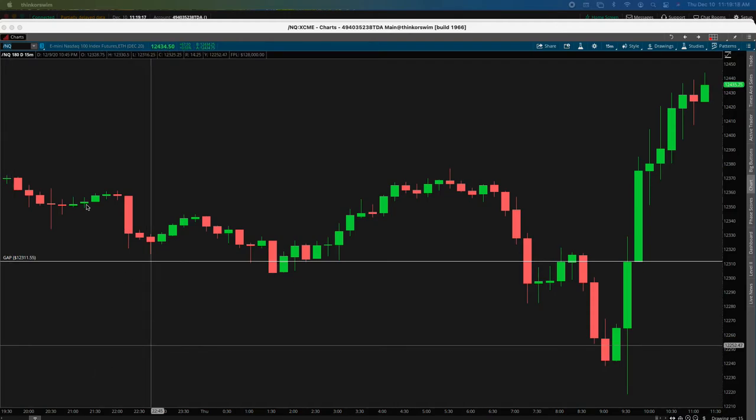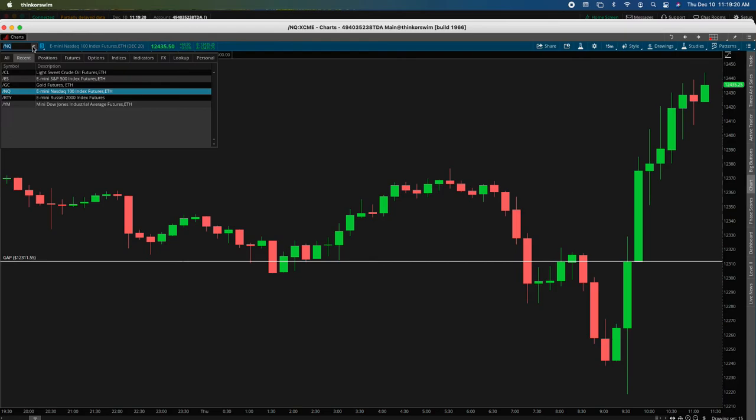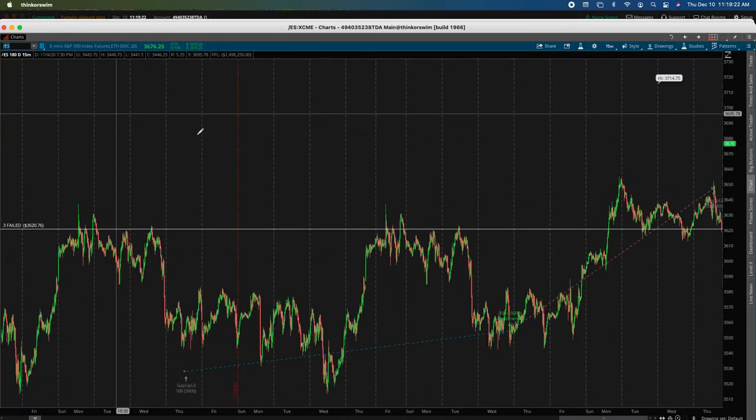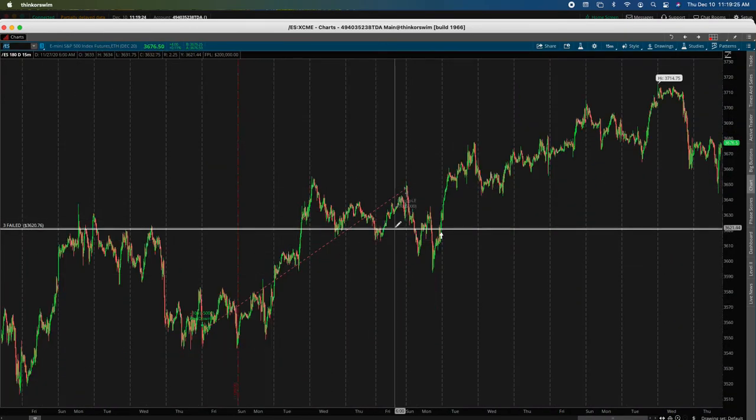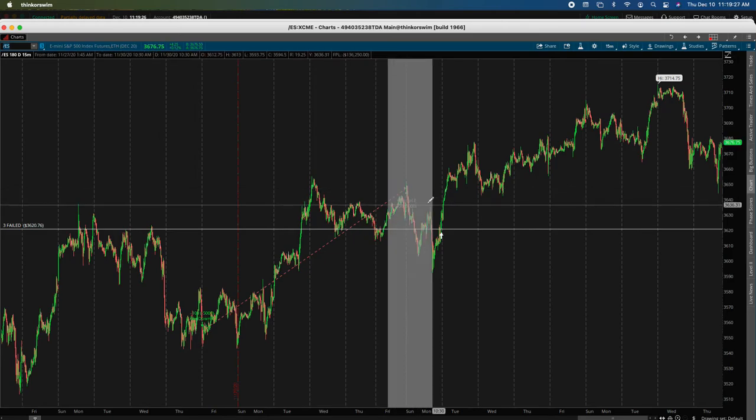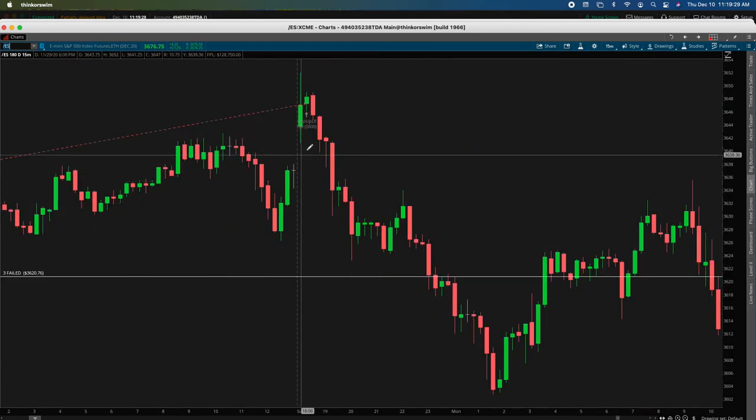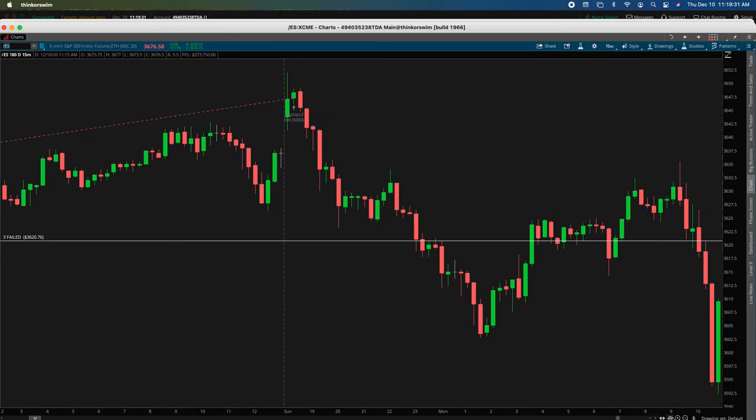Let's dive right into this real quick. The title of this is "A Gap is a Gap, whether you like it or not." Now, I pulled this up and we have some gaps. We have a gap here, and this is a pretty big gap. And then we have another gap that's over here.